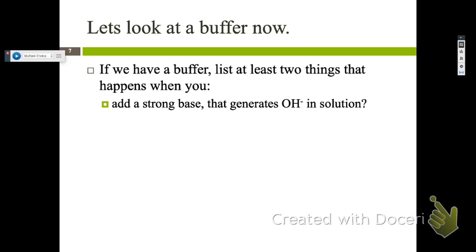If we said that it's about conjugate base. Or it can be a weak